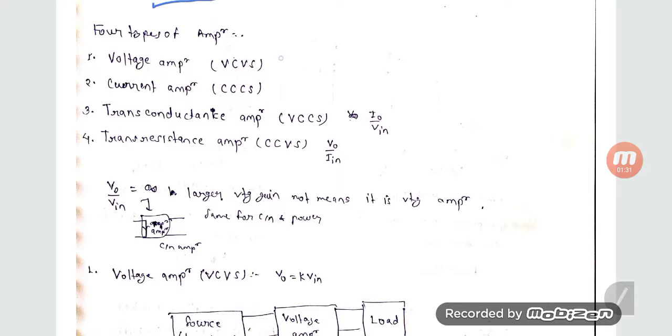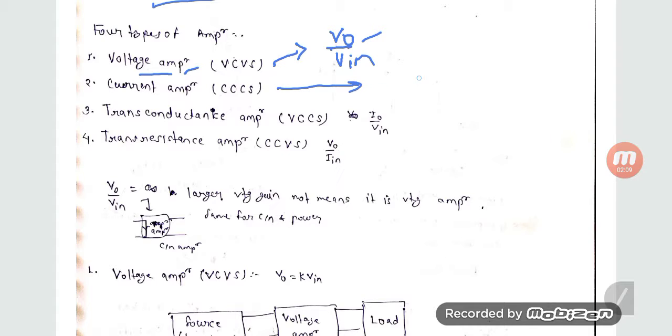So the first amplifier is the voltage amplifier, and it is also called voltage controlled voltage source, and we will see what the value of the input and output resistance is. But by the name we can say that the gain is denoted as output voltage divided by input voltage. Voltage amplifier means it will amplify voltage, Vo by Vin. We know the amplification factor is output quantity divided by input quantity, and because this is a voltage amplifier, we use this ratio of output voltage divided by input voltage.